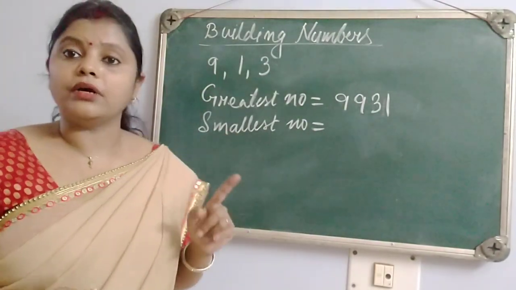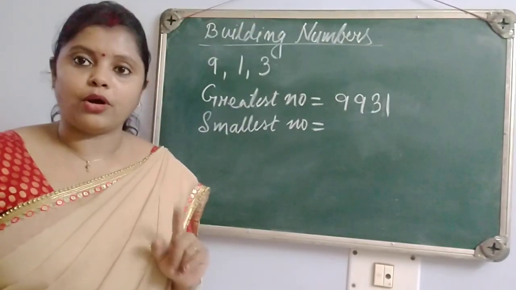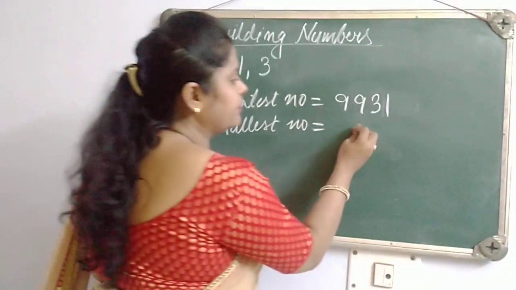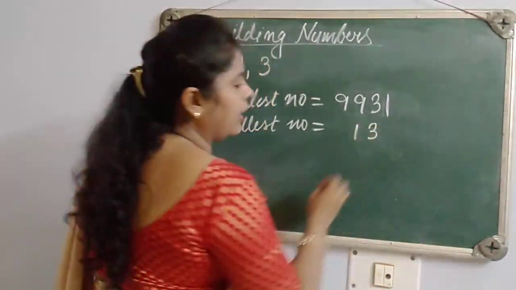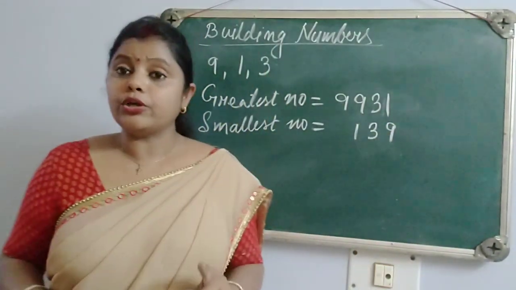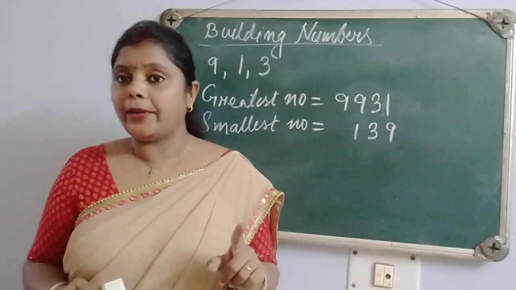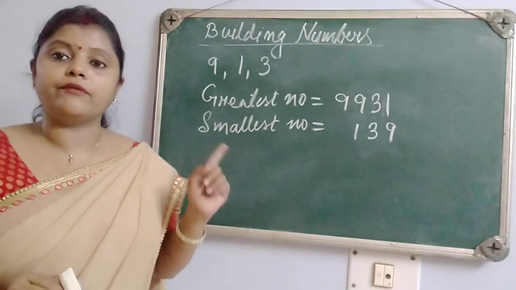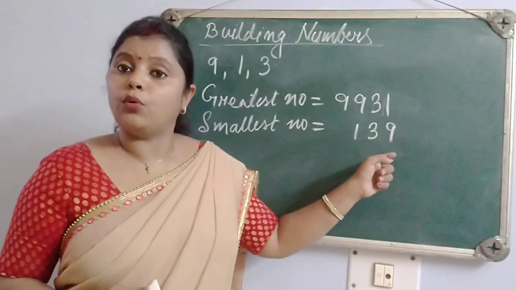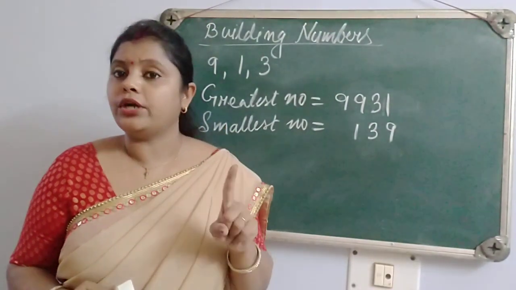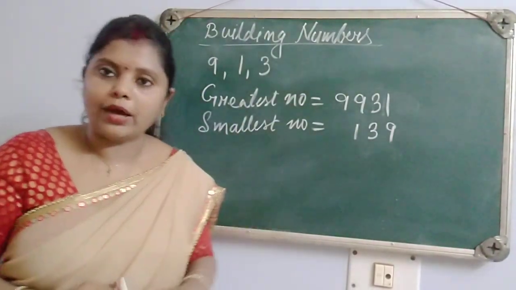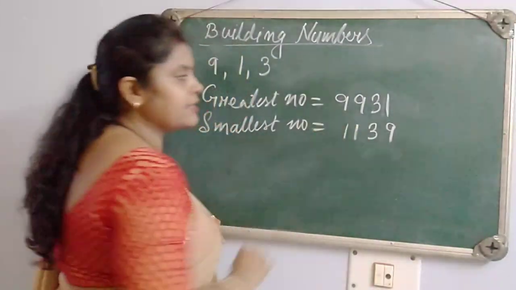Now the same thing we are going to do with the smallest one. For the smallest number we have to arrange in ascending order. I hope you all remember. So if you arrange all these digits in ascending order, it is very simple. 1 is the smallest, after that the greater one is 3, and 9 is the greatest. And I told you the rule: in case of the smallest number, we will repeat the smallest digit. We require a 4-digit number and we have only 3. It means we need one more digit. We have to repeat one digit. So in the smallest number we will repeat 1, because 1 is the smallest in this case.